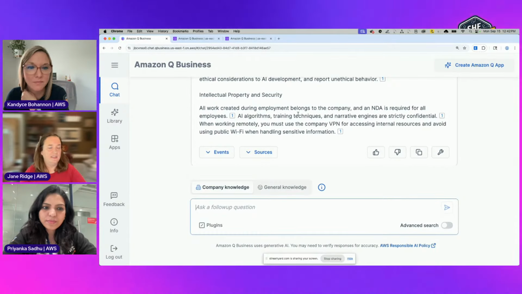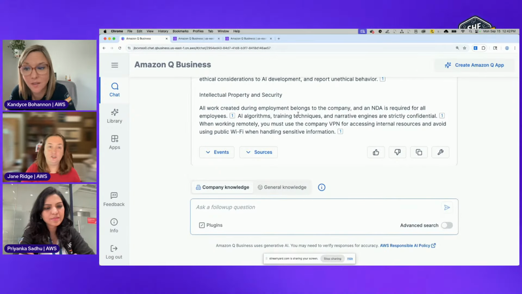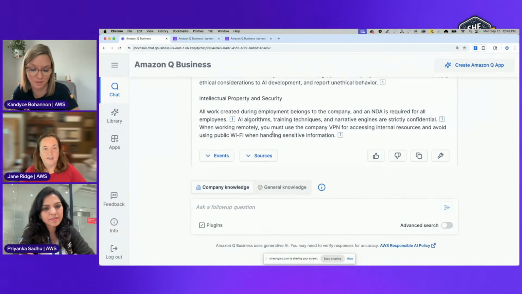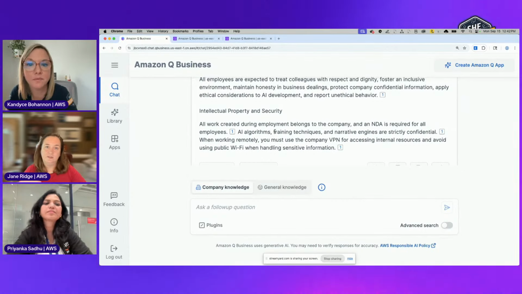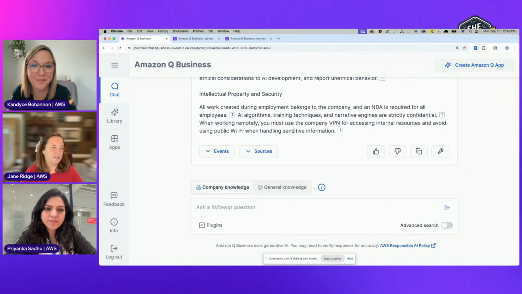And so looking at this, what I've actually done, and I'll show you all on the back end, is I've created a sample employee handbook. And I basically fed it into Q and said, I want you to use this to answer questions. And so when you see these little numbers, for example, it's actually referencing where in that data it is finding that information. So that's great because you can see it's not making that data up. It's preventing against hallucinations, things of that nature.